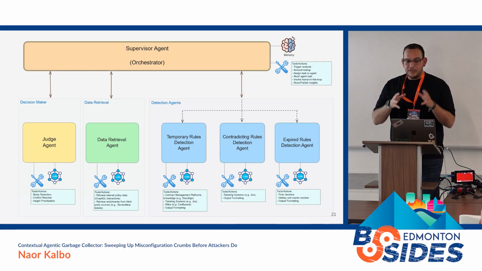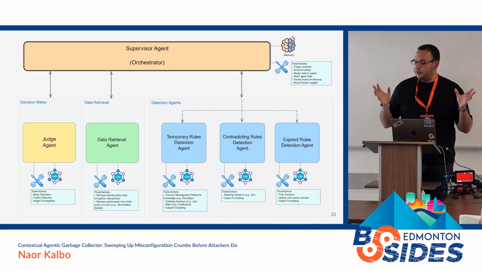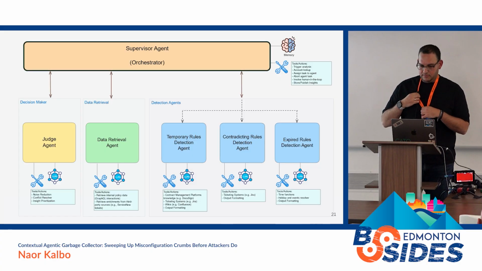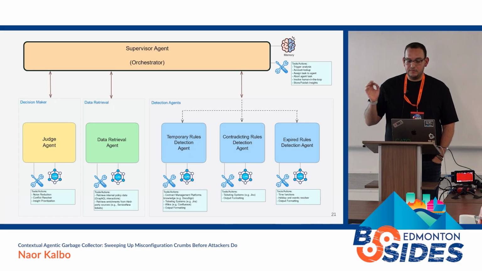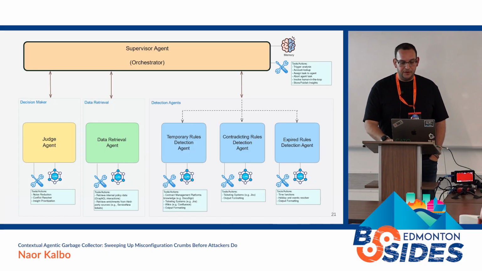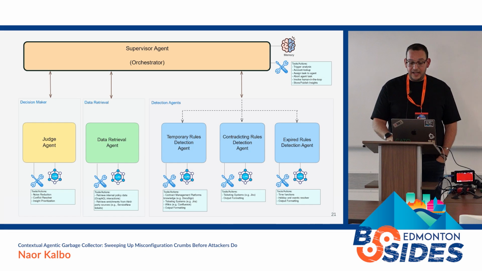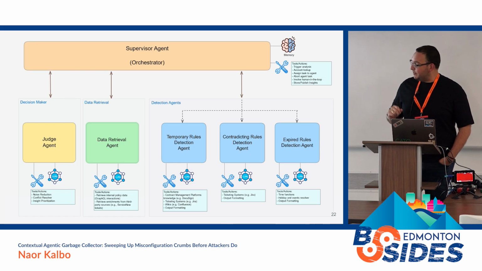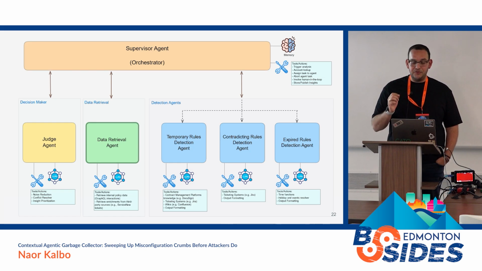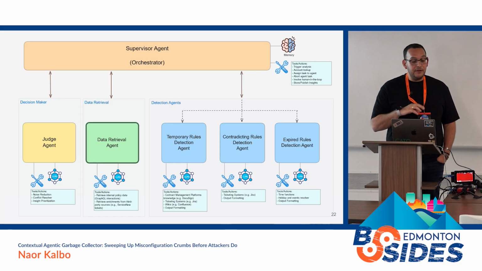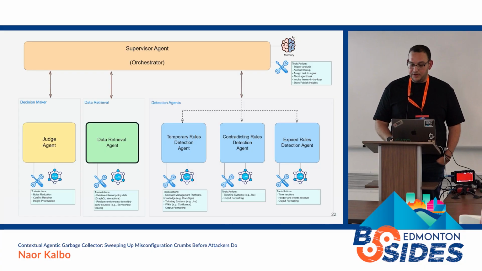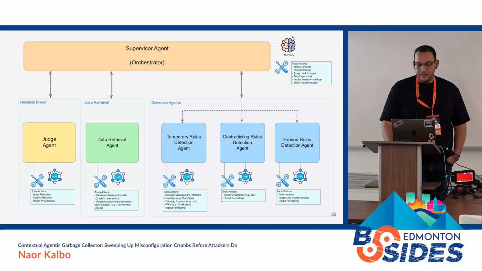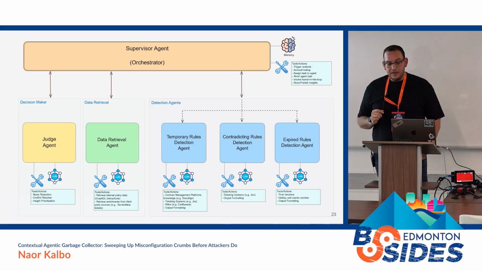It all starts with the supervisor agent being triggered, whether by a predefined schedule or by observing a change in the policy. The supervisor agent initiates the data retrieval agent, which in turn gathers all the relevant policy data with external third-party enrichments. The data retrieval agent returns all the collected data to the supervisor agent,